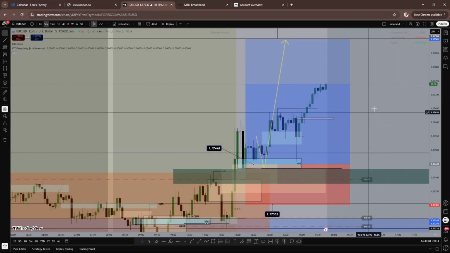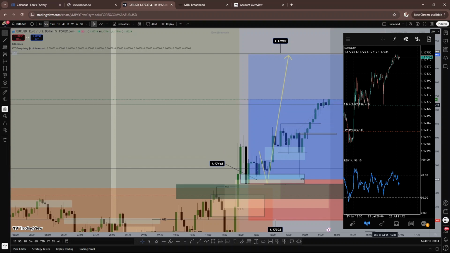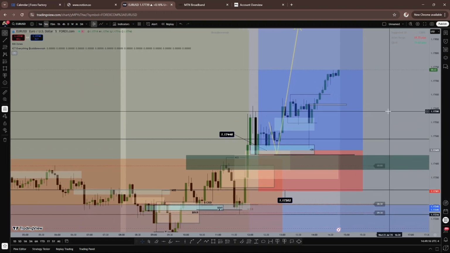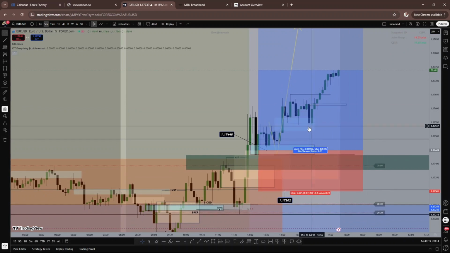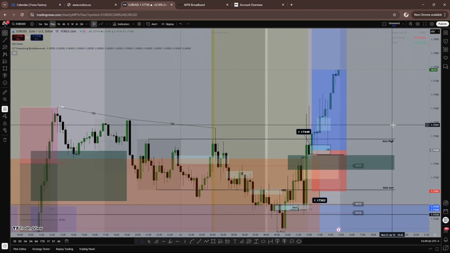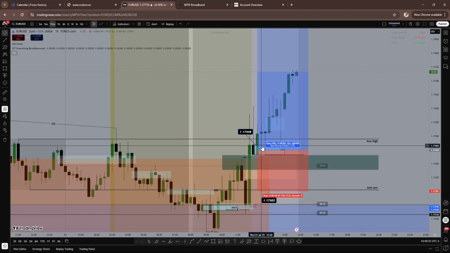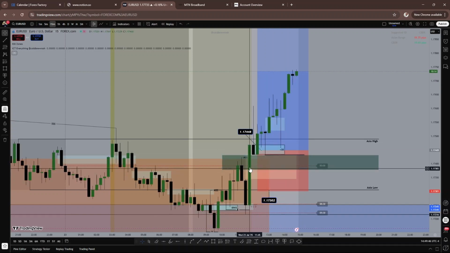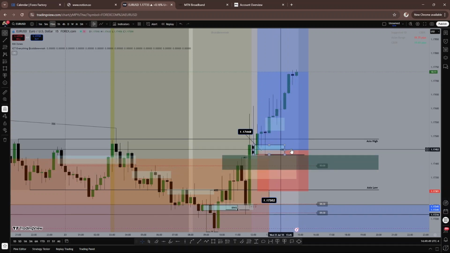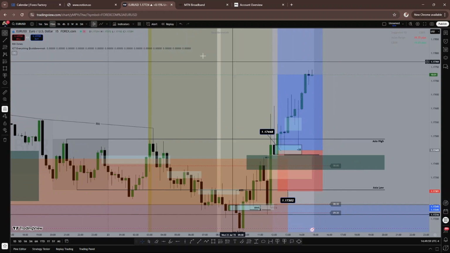Okay, guys. So we're still pushing on this trade, and what actually happened right now? You can see how price came wicking into this point. Why did that happen? If I go to my 15-minute time frame, I was watching price come into that 15-minute block. I wanted to see all these PD arrays here defend the price from going down. So that was why I just held that trade, and we're still pushing up.